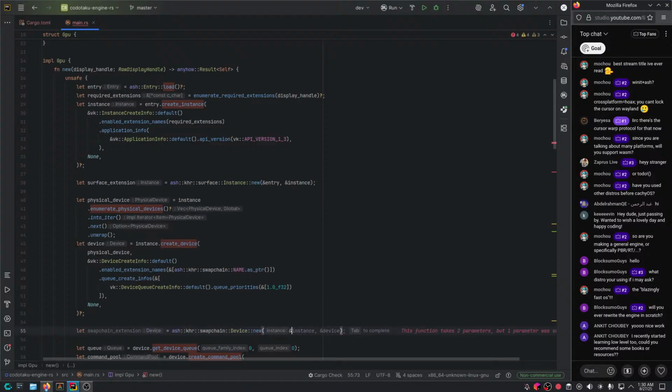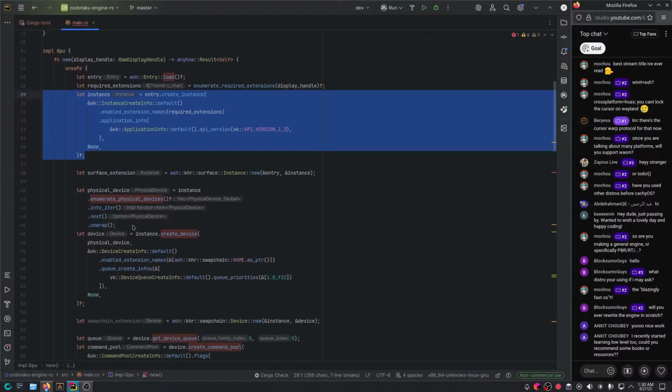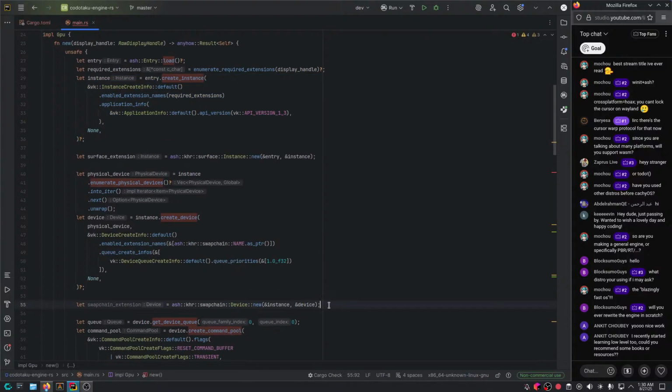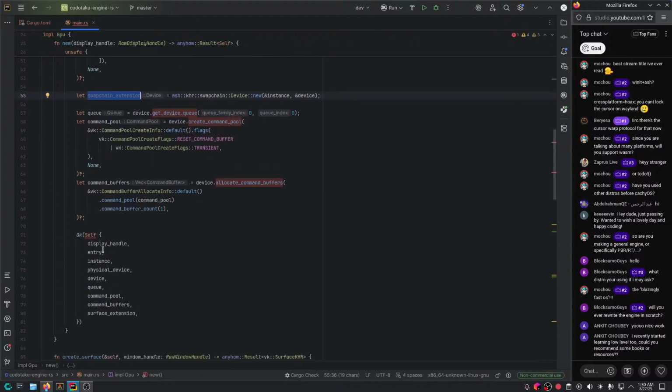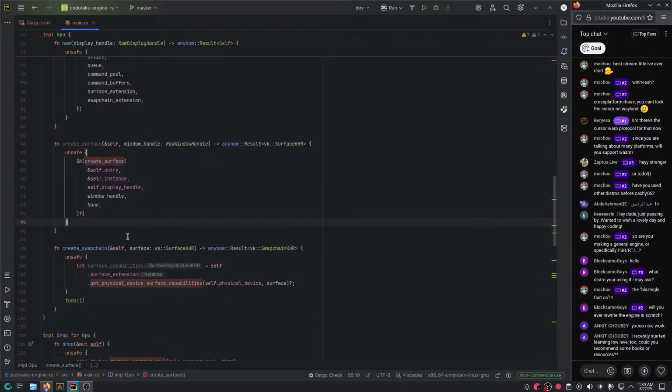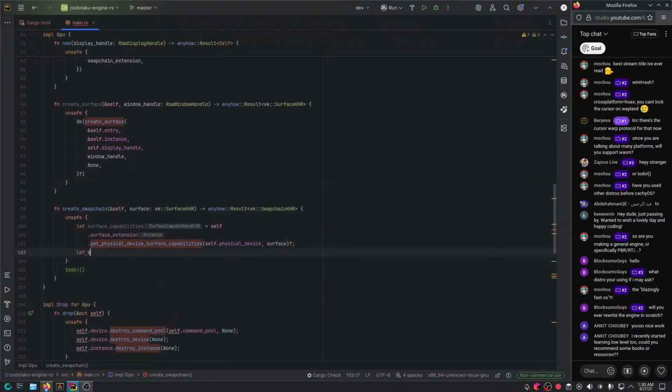So here I'm basically loading the function pointers of that specific extension I'm interested in, because the regular device and instance objects just load the core Vulkan functions of that particular version, and that's basically it. So yeah, now we just need to store that in, and now we're good. So let's actually use that now.